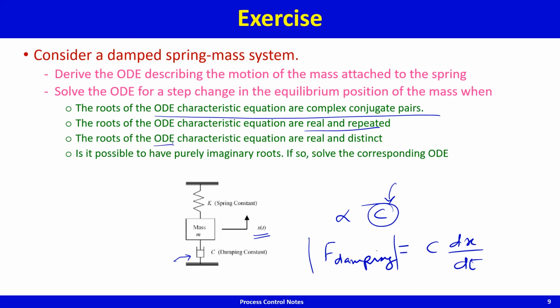And is it possible to have purely imaginary roots? If so, solve the corresponding ODE. Yeah, I think you'll have purely imaginary roots when C goes to 0. And then your system would be a pure sinusoid. You remember when you get,